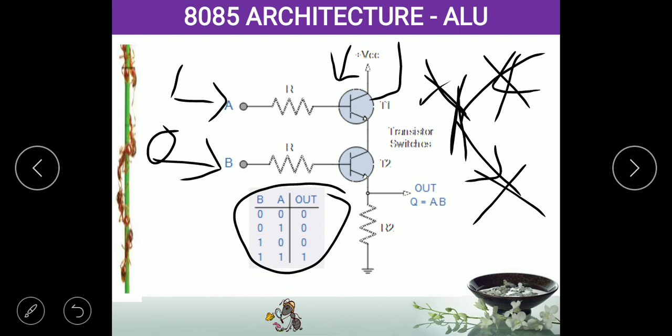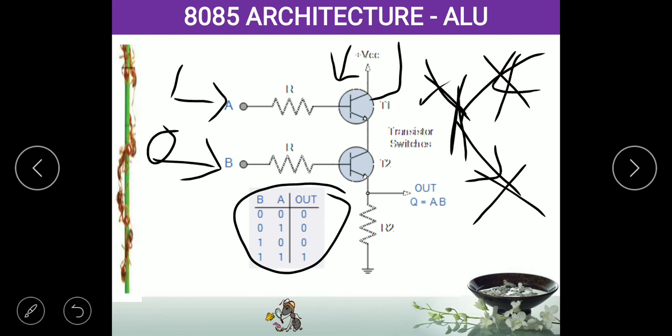That output is given to the collector of the transistor B. So now let us take the transistor B. The base of the transistor is energized because of the data 1. Similarly, the collector of the transistor B is energized because it has received some signal from the adjacent transistor A. So the transistor B emits the output as 1 in the emitter. So if you give 1 and 1, you will get 1. This is what we call the AND gate.